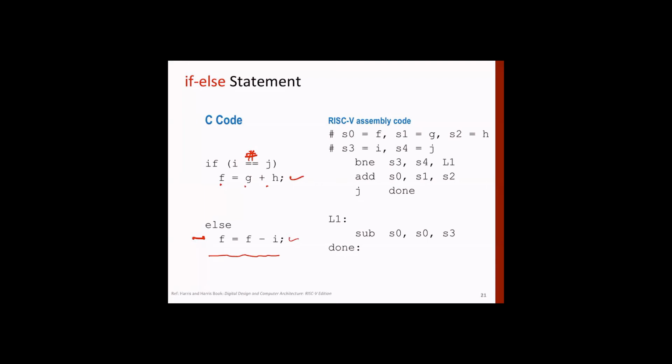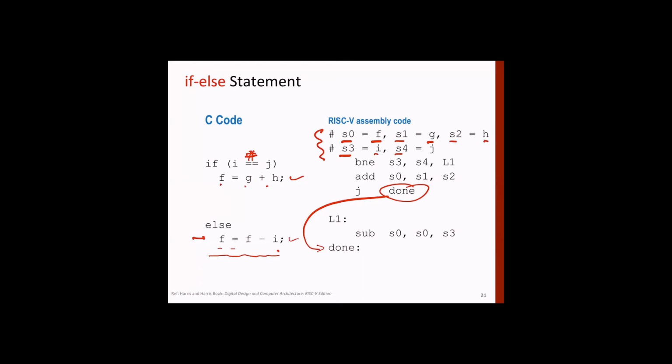All right. Now, if you convert this logic and code it this way, you'll find that you have to jump to a location which is after the else statement. So here you see the jump is coming here. As you have done in the earlier case, you can assume that the values of I, J, F, G, and H are in corresponding registers shown here. S0 will contain F, S1 will contain G, S2 will be H, S3 will have I, and S4 will have J.